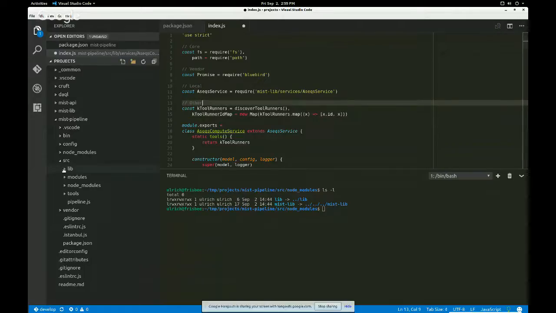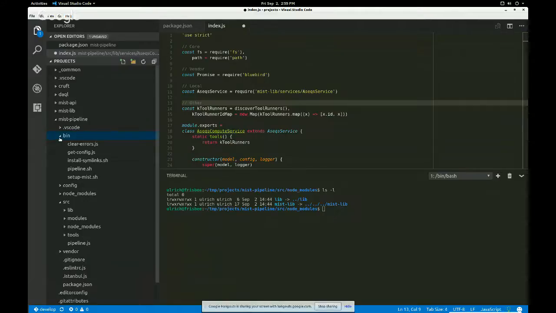Okay, so that's pretty much it. So I have a bin folder, and the bin folder is basically those scripts that we use for running things. So like pipeline.sh is in there, and that basically calls pipeline, install symlinks, and some other stuff. So that's just to be aware of. So if we say